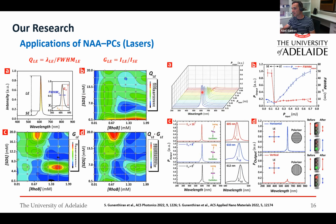Then after that, what we did was some demonstration of why this is a laser. There is a very sharp narrowing of the lasing band up to some input power, and there is a relationship between the input power and the output power. Then, to demonstrate that it was a slow photon, we changed the angle, and you can see that the emission changes position with the angle, which means it is correlated with where the photonic stop band is, because the photonic stop band also changes position with the angle. And the depolarization as well: whether the light is polarized or non-polarized, the polarization is parallel in this case with the